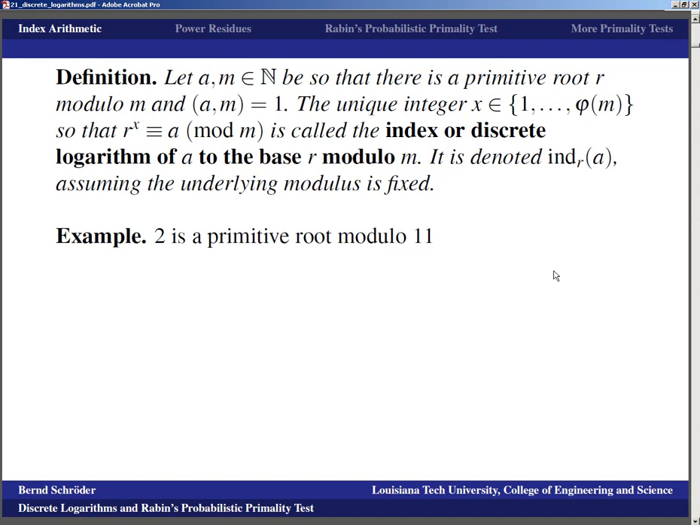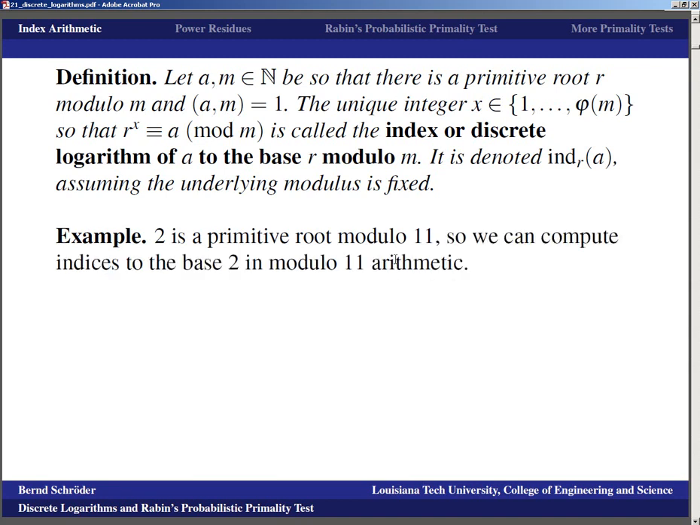Okay, so as an example, well, 2 is a primitive root modulo 11, which means that 2 to the 10th is the first power that's equivalent to 1 modulo 11. And that'll mean that we can compute indices to the base 2 in modulo 11 arithmetic. Well, let's make sure that 2 really is a primitive root modulo 11. We can just count along, right? 2 times 2 is 4, times 2